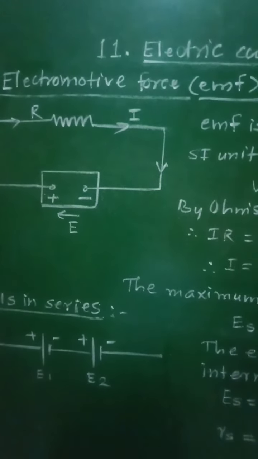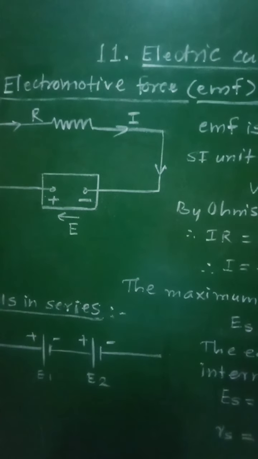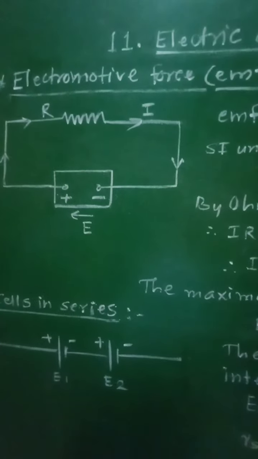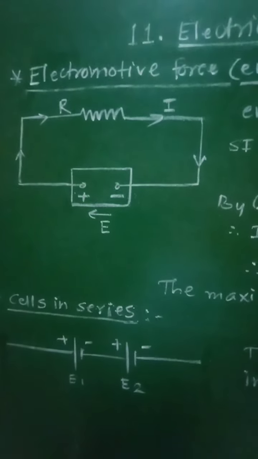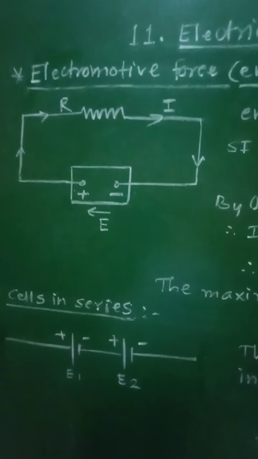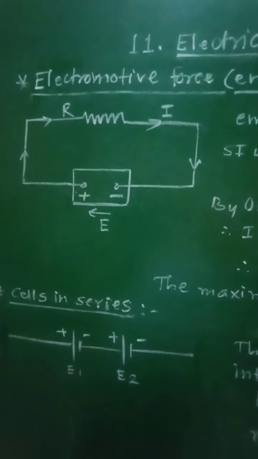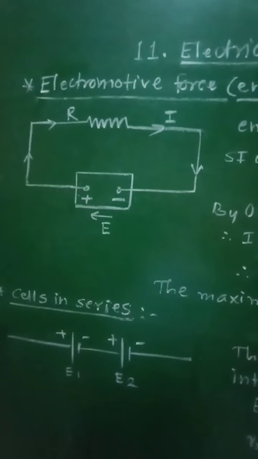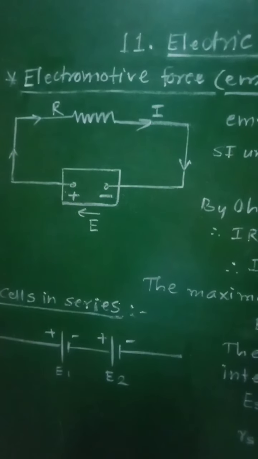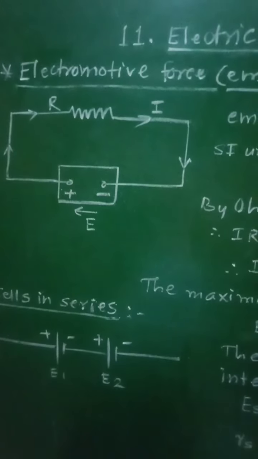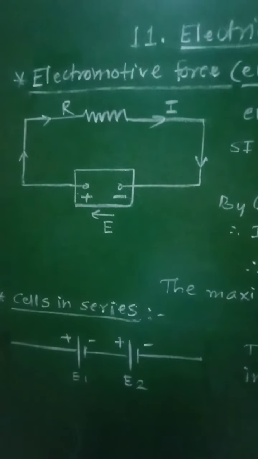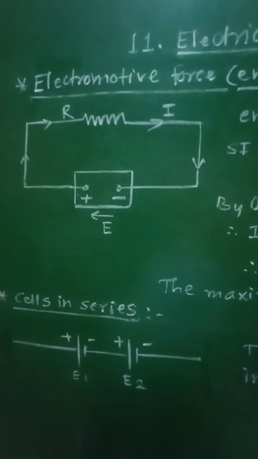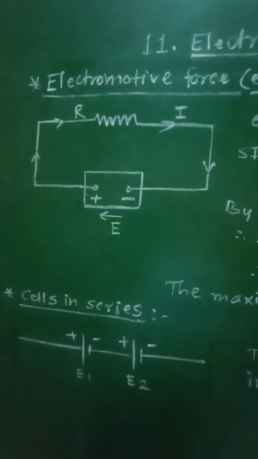The charges move in the conductor owing to energy provided by an EMF device. So to flow the electric charges, the energy is supplied by the EMF device, and due to that energy supplied, the charges can move through the conductors. The device supplies this energy through the work done. The work is done by the device on the charges, and therefore in the form of work done, the energy is supplied to the electric charges.